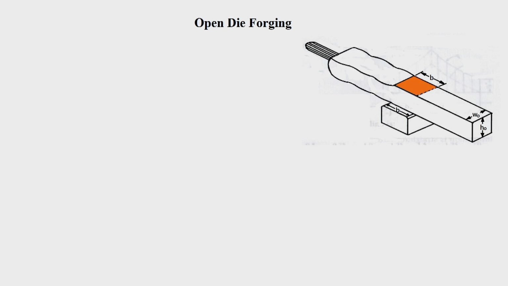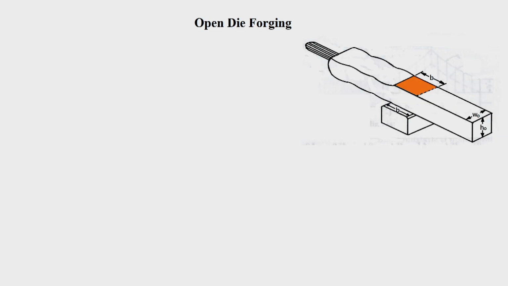Ultimately, the cross sectional area may maintain the same shape, but the dimension will keep on changing, with the result that its length will keep on increasing. So, here h naught will get reduced, w naught will get reduced, but length, which is not shown here, will get increased. In this case the material deforms under compression, and simultaneously there is a considerable spreading in the lateral direction. So its cross sectional area gets reduced, and considering the constant volume relationship, we can find out how much length increase is there.